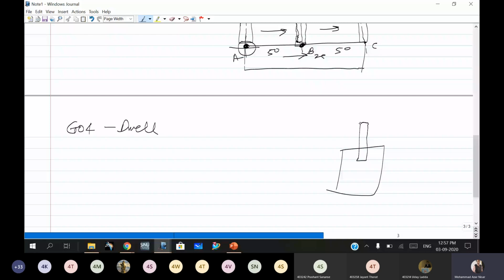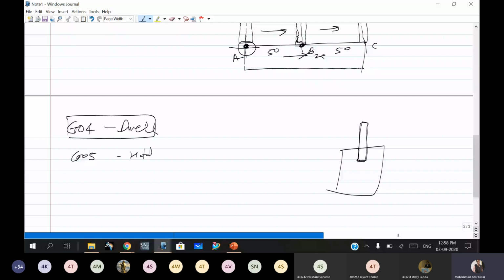This G04 is used for chip removal purposes. And G05 is used for hold and delay, which is also related to dwell. It will stop over here and then the spindle will start again, as per the delay and dwell value you input.